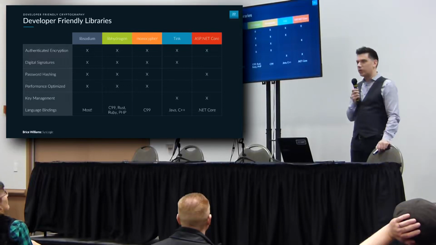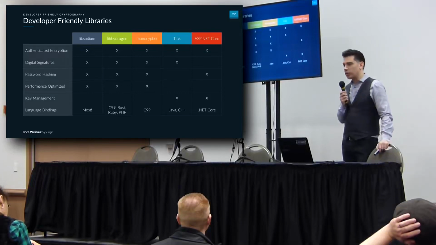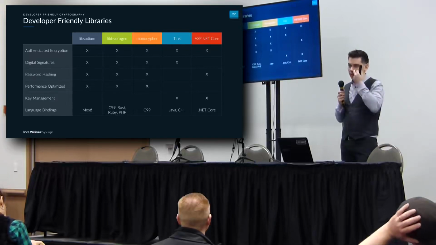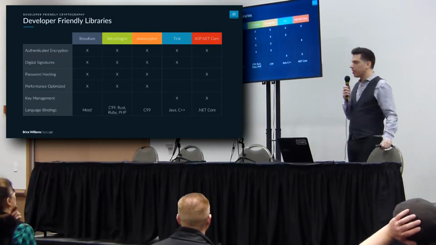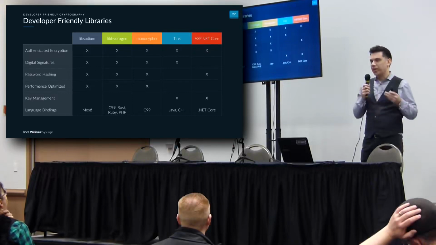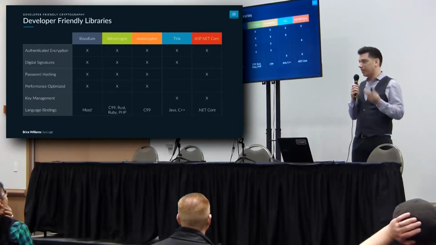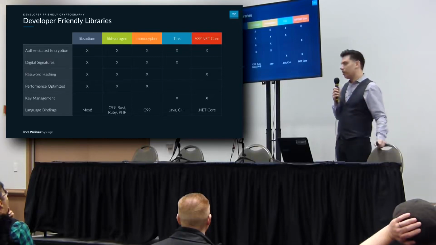And it doesn't give you so many options, it gives you enough options as a developer to get most things done. If you need something certainly more advanced or more unique, you may have to move to a more general purpose library. But this is the type of library that I feel comfortable recommending to any developer in any sort of environment that they're working in.